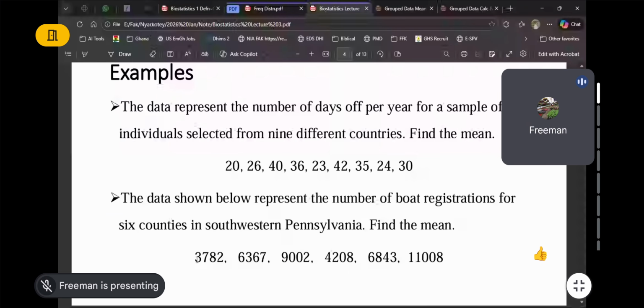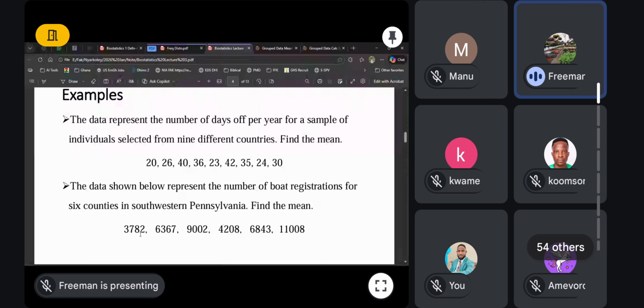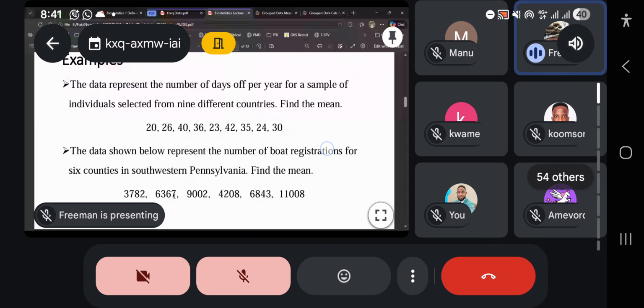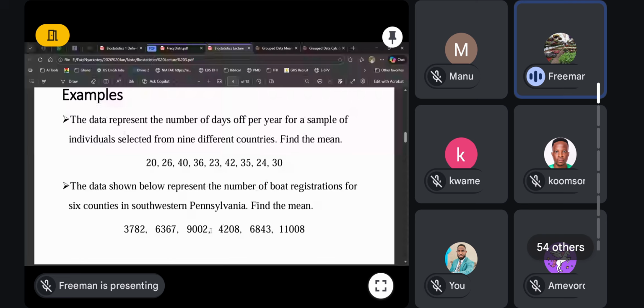We have another set of numbers here: 3,782, 6,006, 367, 9,002, 4,208, 6,843, 11,008. When you have to find the average, you add all 7 numbers and divide by 7. Now, you observe something here. If we want a number to represent all these numbers,